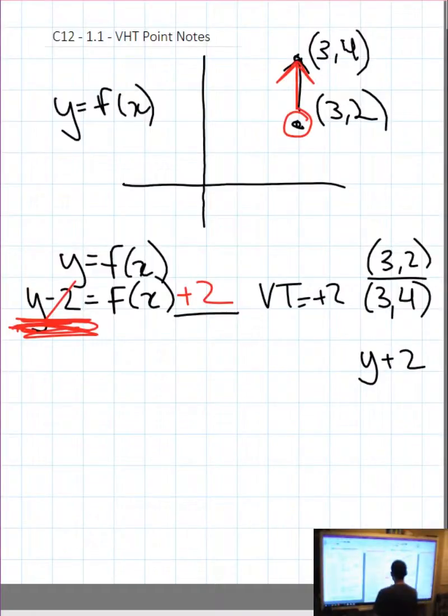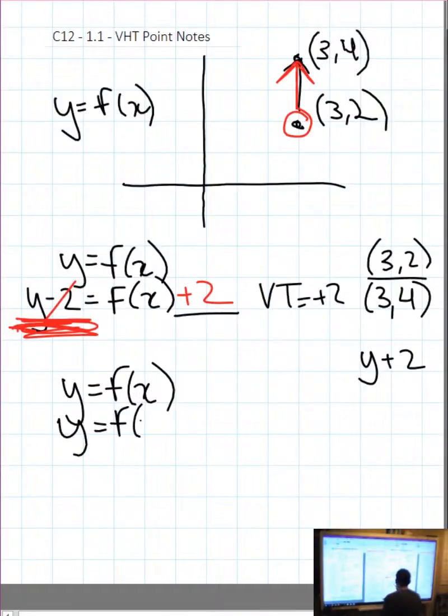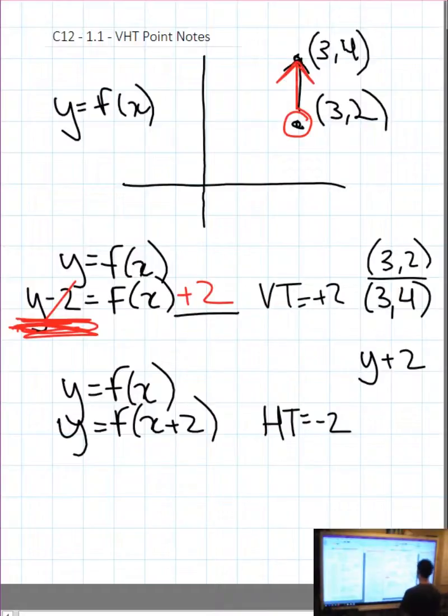So what if I take the equation y equals f of x, and I say y equals f of x plus 2? Well, again, in the theory, we learn that if I take x and I substitute x plus 2 in for x, well, that is the opposite operation. So we will be subtracting 2 from all the x values, doing a horizontal translation equaling negative 2. Taking the old point, 3, 2,